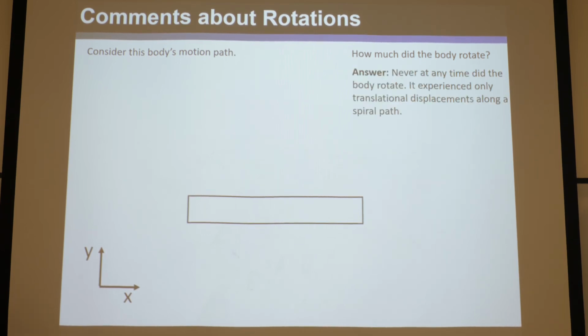Well, the answer is never. It never rotated at any time. It just experienced translational displacements along a spiral path, okay? So, just so you understand the difference between translation and rotation, that was all translational motion in some kooky path, but it never changed its orientation. You only rotate when you change your orientation. So for instance,